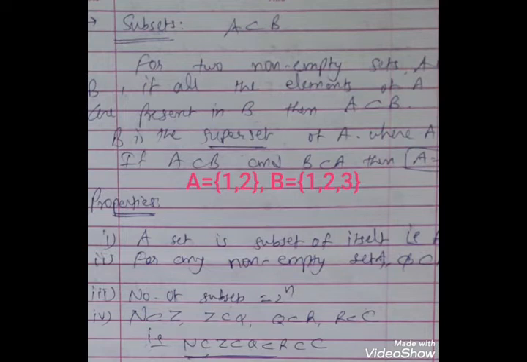In short, N, the set of natural numbers, is the smallest set, and C, the set of complex numbers, is the biggest set. So here we have the conditions: N is a subset of Z, then Z is a subset of Q, then Q is a subset of R, and then R is a subset of C. If we combine all these conditions, we get the result: N is a subset of Z, which is a subset of Q, which is a subset of R, and it is also a subset of C, the complex number set.